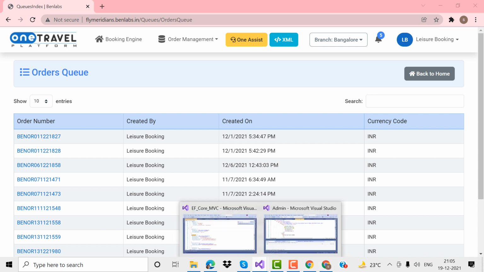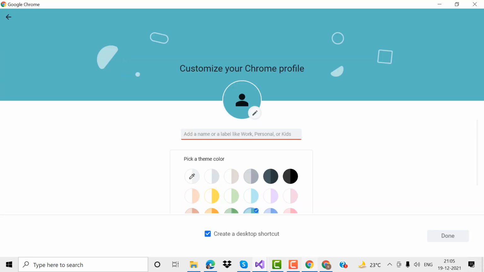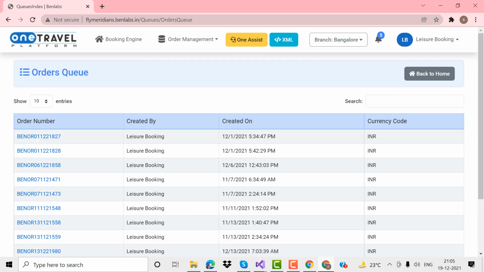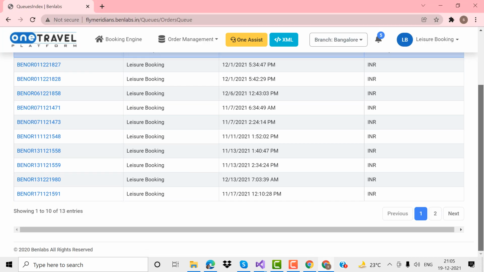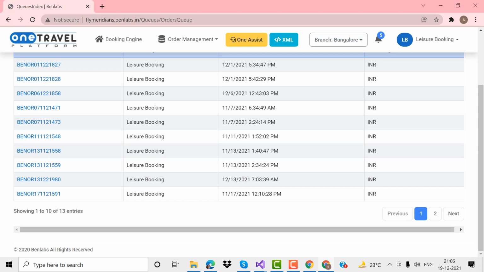These three files are most important: jQuery DataTables, DataTables KeyTable, and the key table dot js file. From these three JS files, the search and show entries and pagination will be loaded. This is the way we can develop our grid view application in my current project.